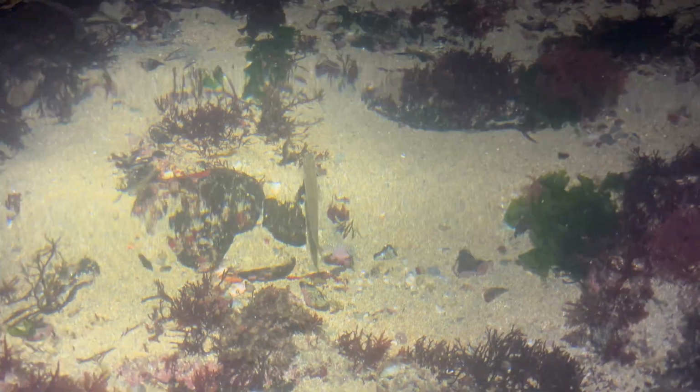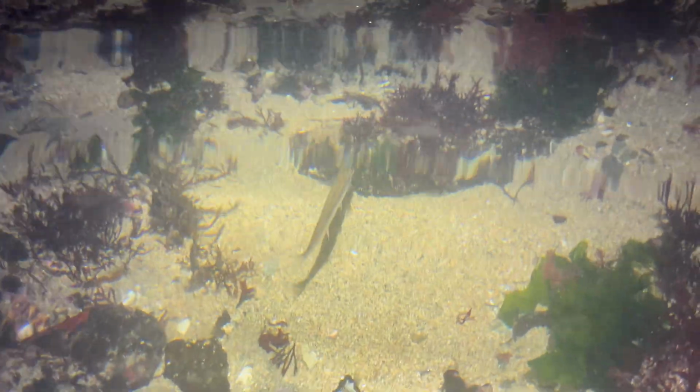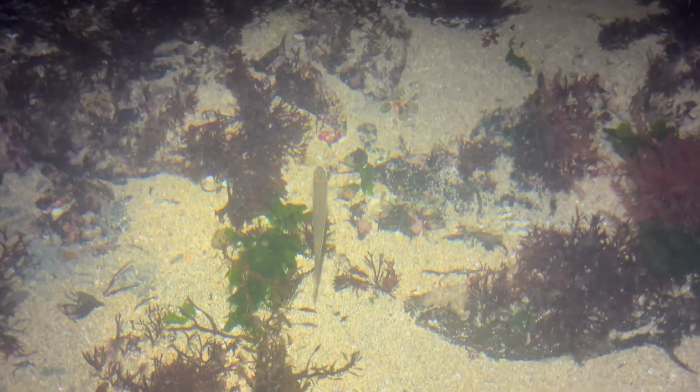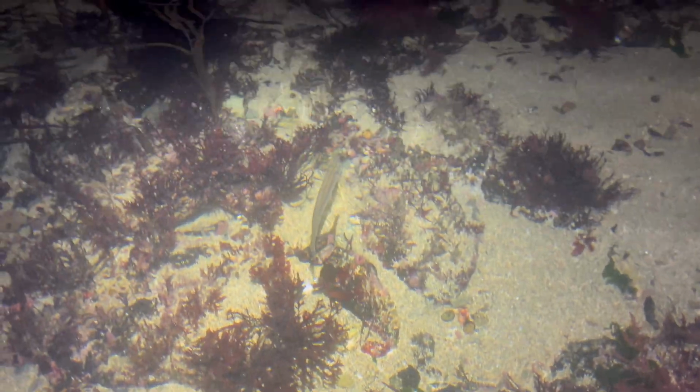of check it out. And when you see bass at night, usually this is the sort of thing they will be trying to find. Little prey like this, little sand smelt and mullet, and they'll come right into the shallows. I mean, we're in less than a foot of water. These fish are just...